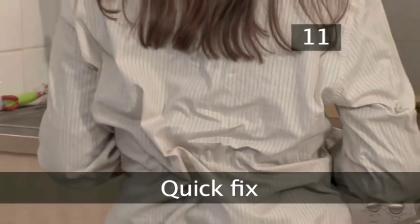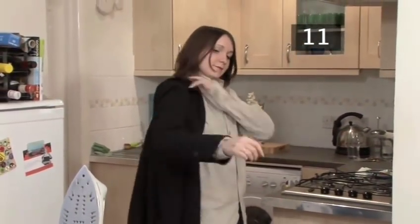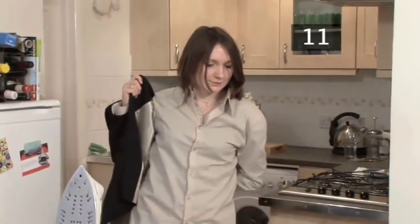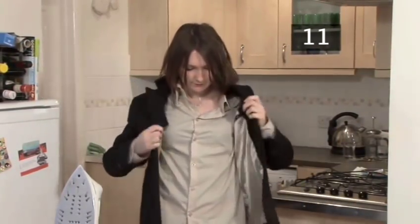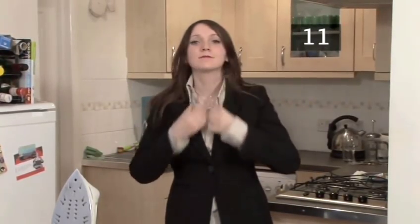Step 11. Quick fix. If you're in a big hurry or just lazy and you will be wearing a jacket all day, you could just iron a little more of the front of the shirt and be finished. Who will see them anyway? But since you're already doing it, and it's not as hard as you expected, you might as well finish the